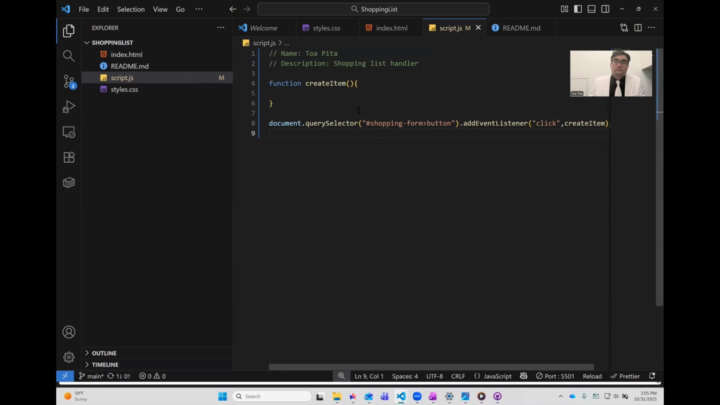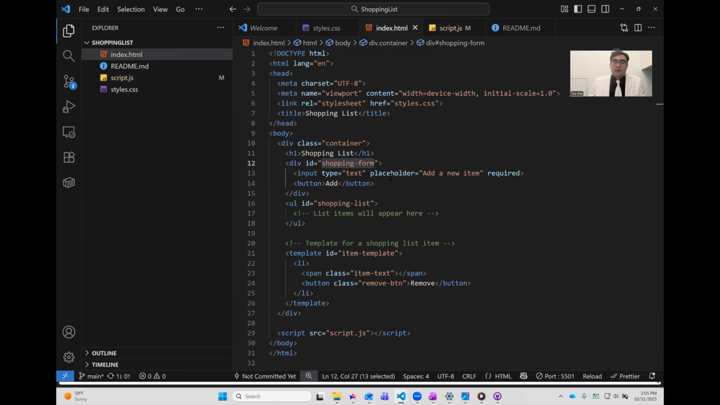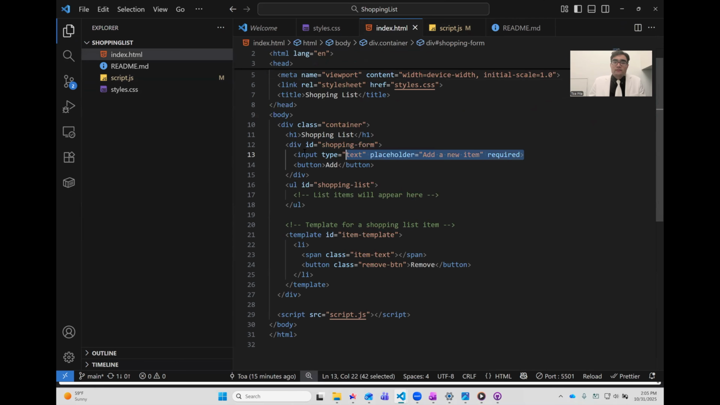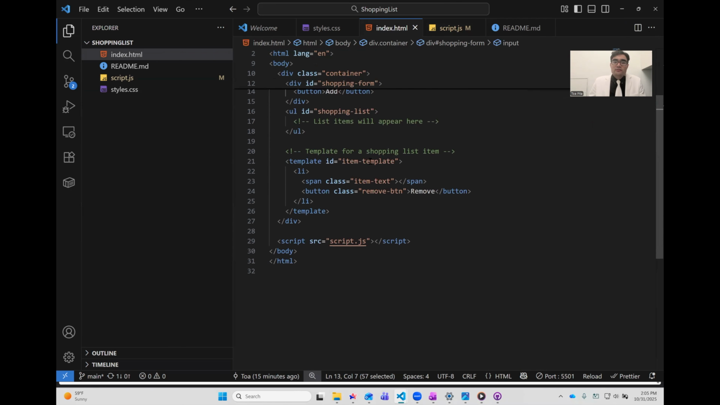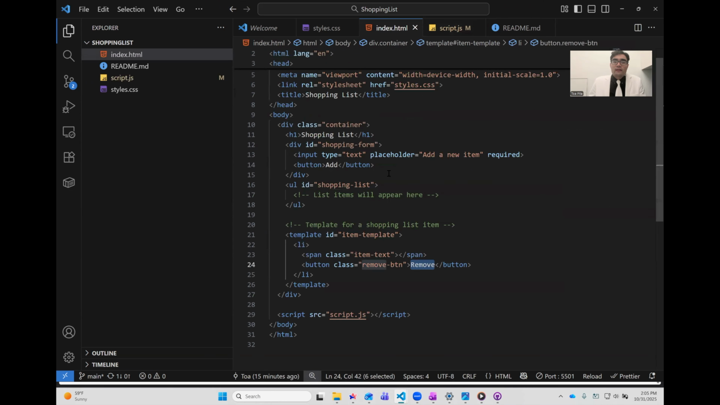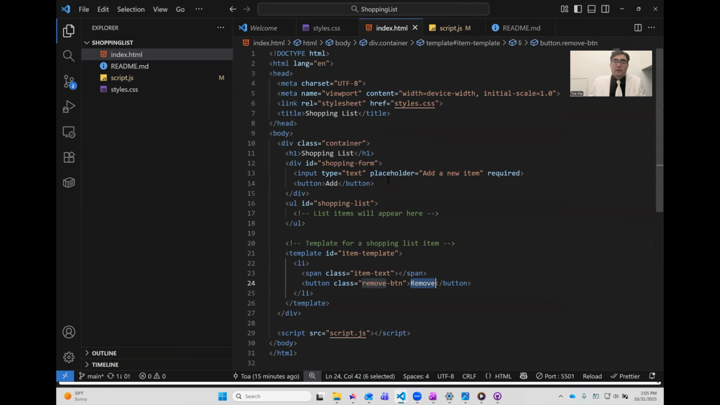So that handles that. Well, let's create our item. When we create the item, we know that there is some text here that we need to use, and it looks like we've been provided a template. In the template, there's a span where we're going to want to put the text and a button for removing the text. So let's go ahead and take advantage of this template, and let's grab the input tag and get